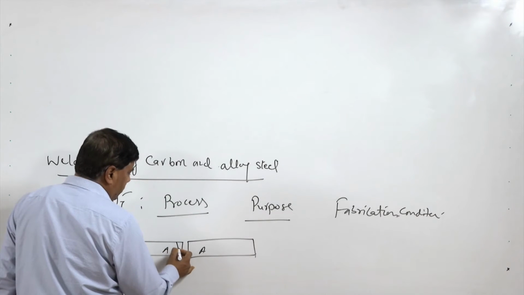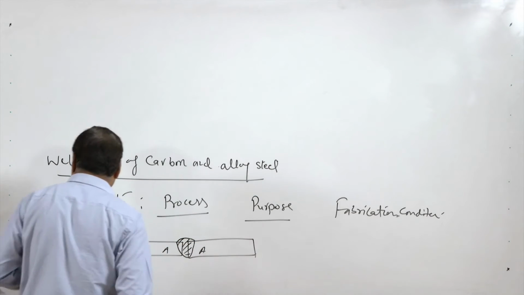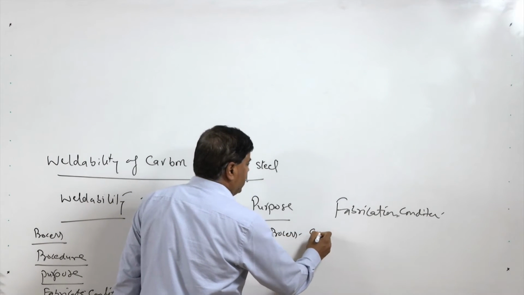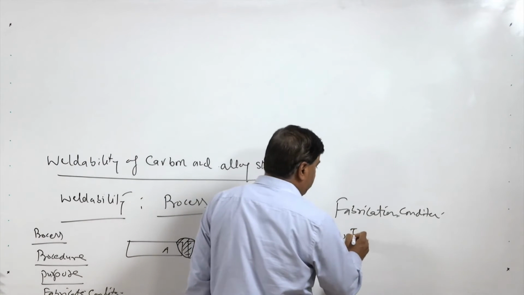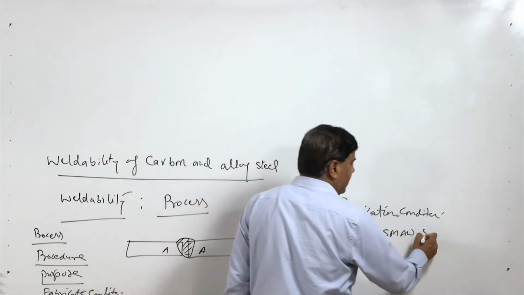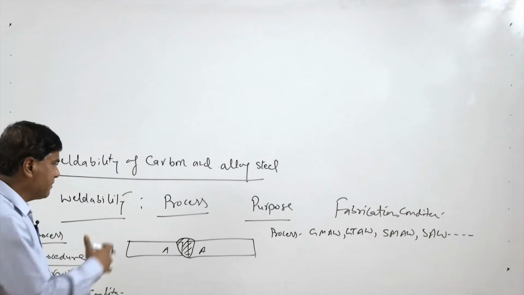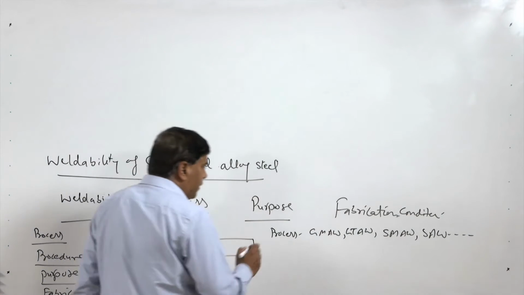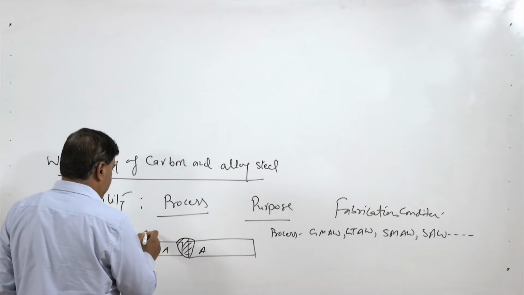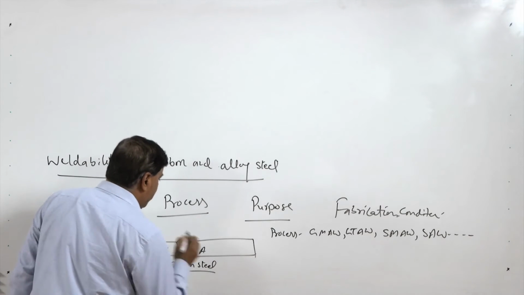So, if we see here the process, say a metal A, two parts of the metal A are to be joined using a given process. The process may be gas metal arc welding, GTAW gas tungsten arc welding, SMAW shielded metal arc welding, SAW submerged arc welding, plasma arc welding, laser welding, etc. There may be a number of processes. And when a metal is welded by a particular process, for example, when this simple carbon steel is welded using the